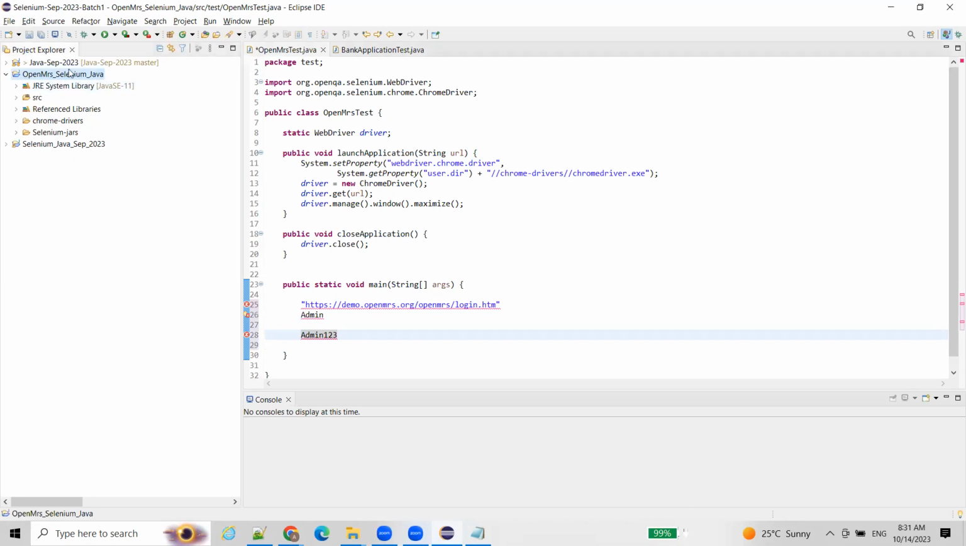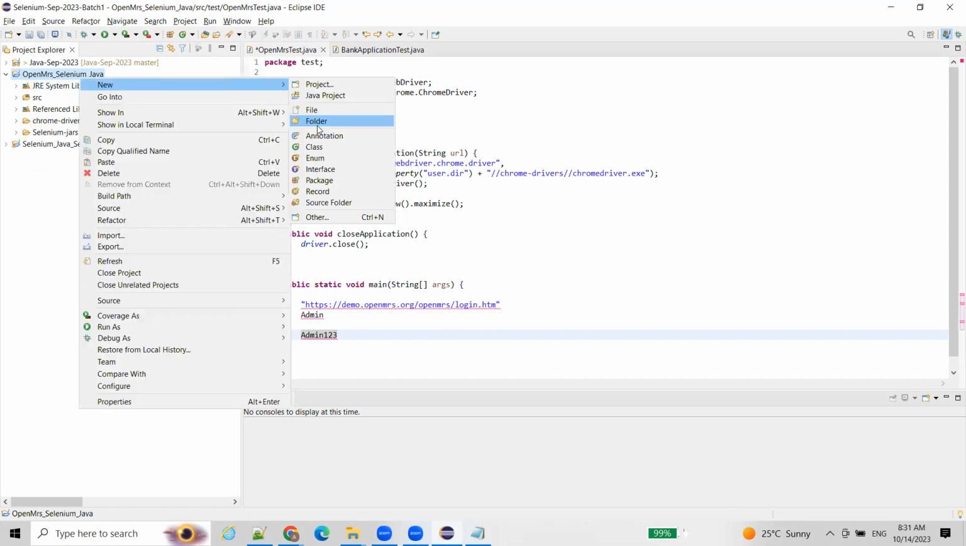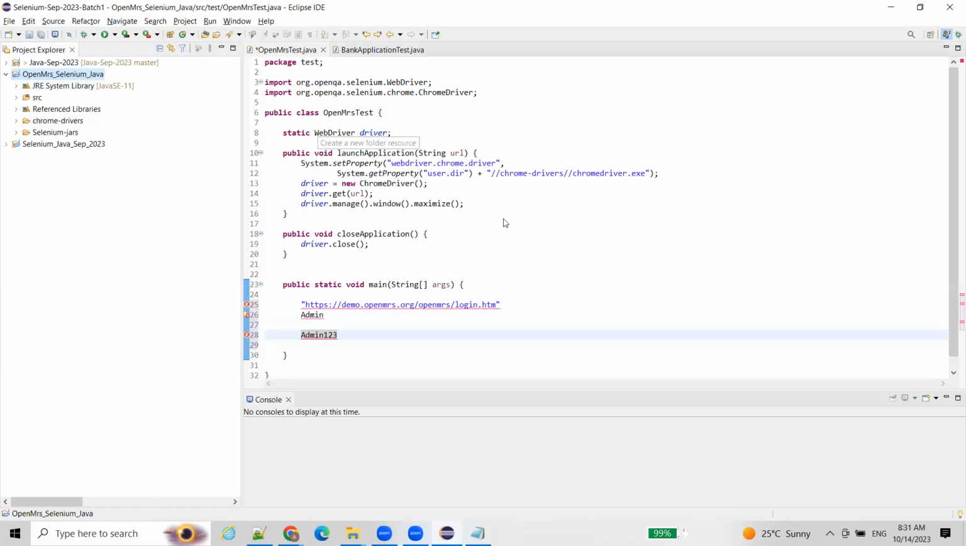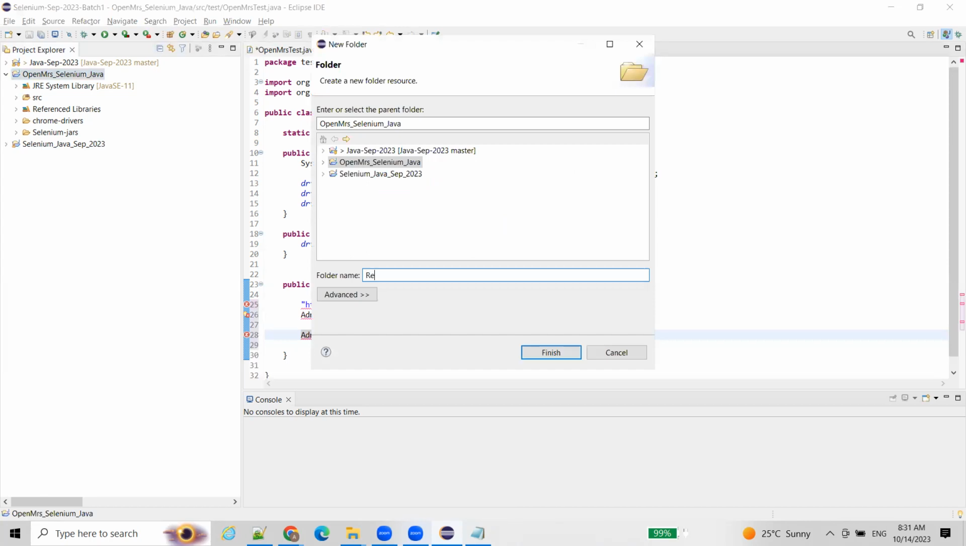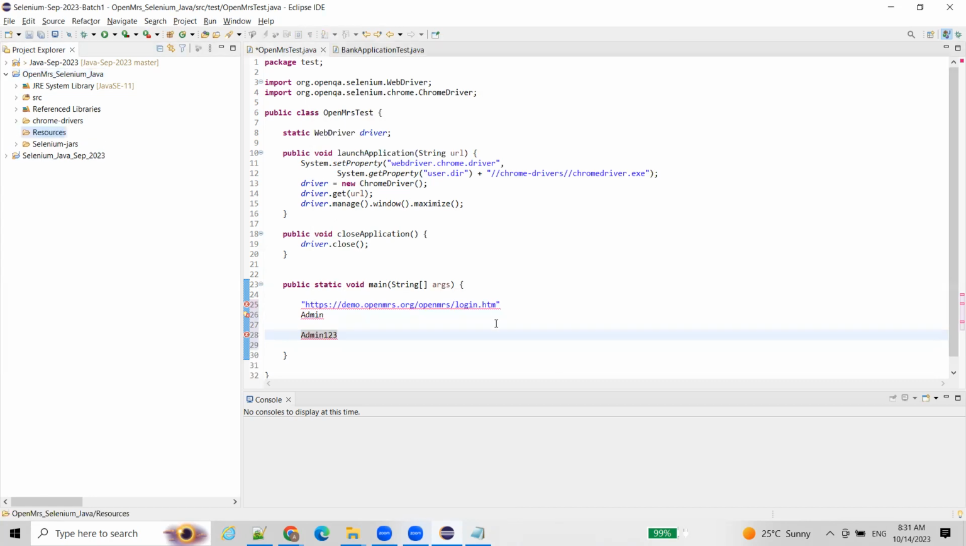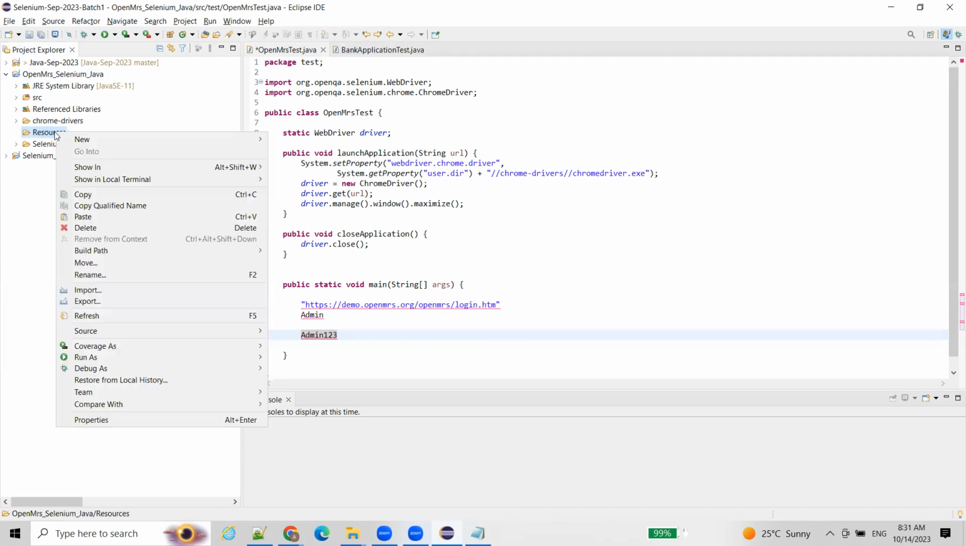I want to create one folder here, a new folder. Folder name I'm giving as resources. Resources means my username, my password, my URL, and also the data which I want to pass to my test. So in the resources folder, I'm creating a new file,